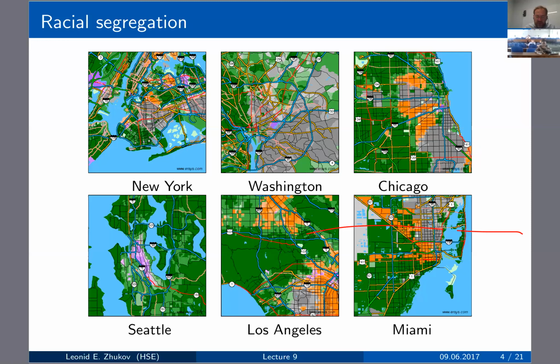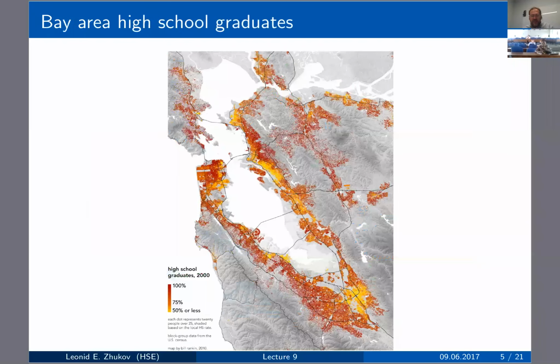Another example is this one. This is high school graduates in the Bay Area. So, if you're a little bit familiar with this territory, this is San Francisco, and right here we got Stanford and Palo Alto and Google and Facebook. And this area is San Jose, and here we got Berkeley. And by the way, up here it's an affluent area, up north of San Francisco.